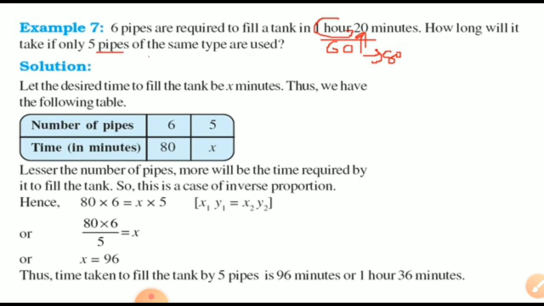बेटा ये क्या हो गया बेटा, टांकी भरने की है, यस 6 पाइप से 80 मिनट लगता है, तो 5 पाइप से कितने लगेंगे? ज़्यादा, ऑब्वियसली आंसर बड़ा ही आएगा, तो आपको आंसर मिला 96 मिनट लगेंगे। कैसे किया, तो समझ लो पहले 80 इंटू 6, जो लेफ्ट साइड था वो दोनों को मल्टीप्लाई करो, राइट साइड वाले को राइट साइड से मल्टीप्लाई कर दो, x1 y1 इज इक्वल टू x2 y2, दिस इज द फॉर्मूला फॉर इनवर्स